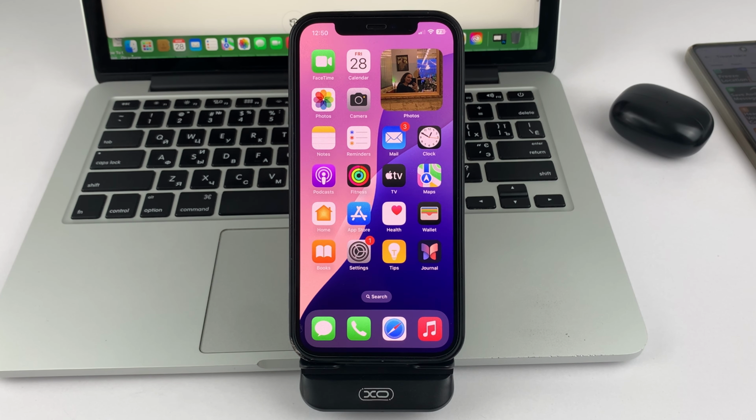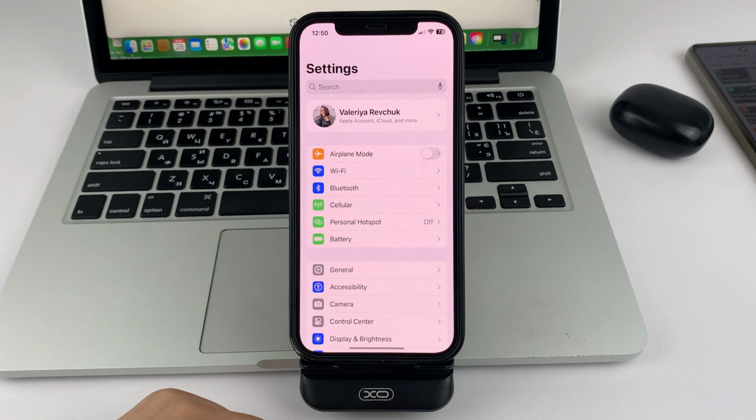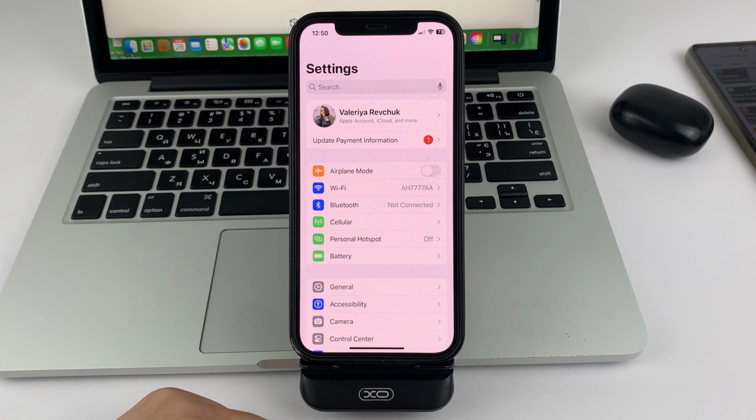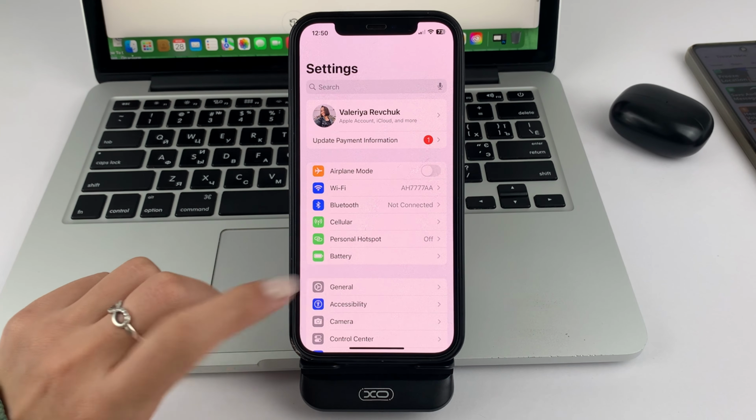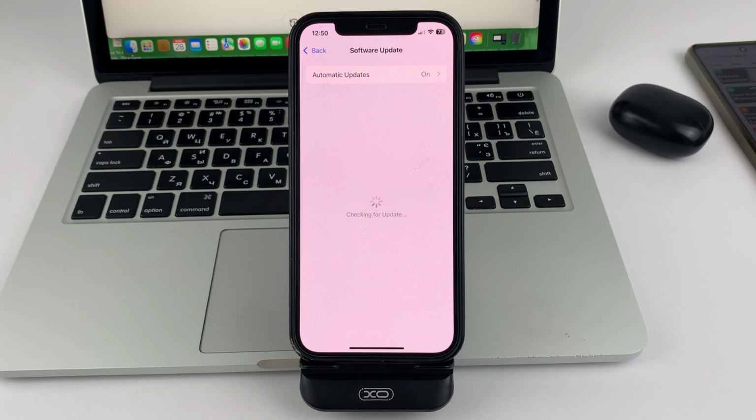So let us proceed to our topic. First, I want to say that call recording on iPhone is a fairly recent feature, and it appeared after updating iPhone to iOS 18.0. So first of all, I recommend you check what version of iOS you have on your iPhone, and if it is older, update. To do this, go into Settings, then General, and System Update.